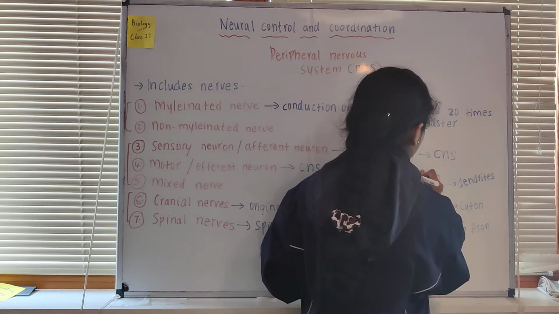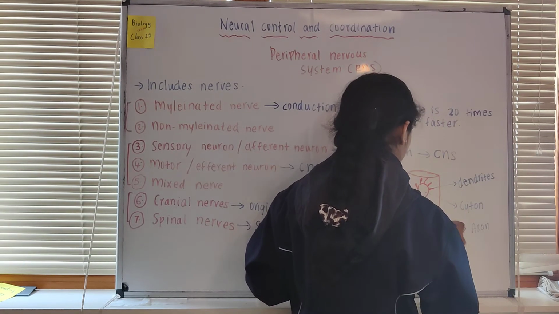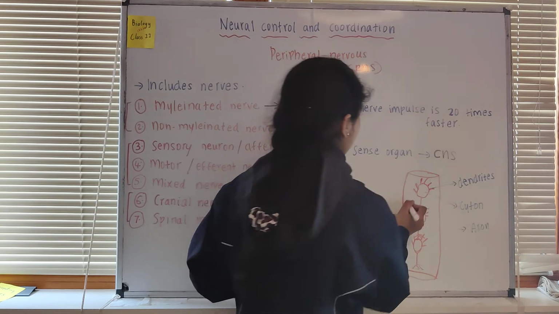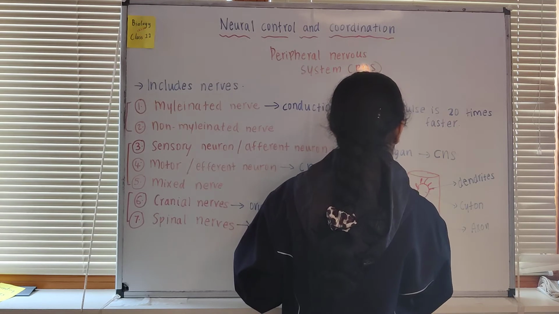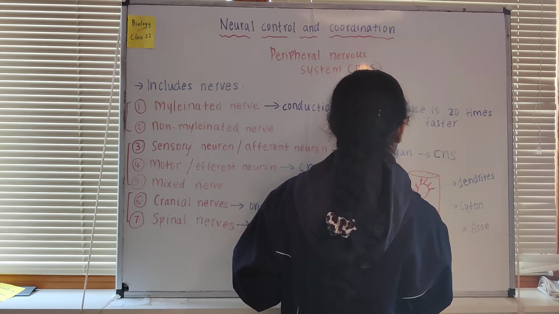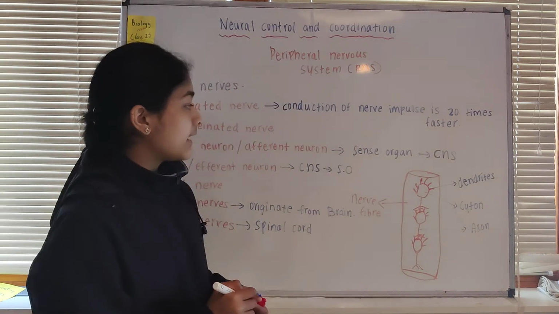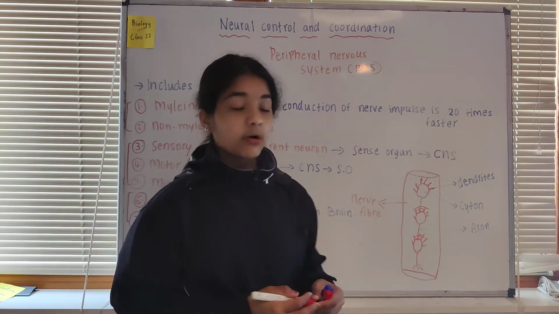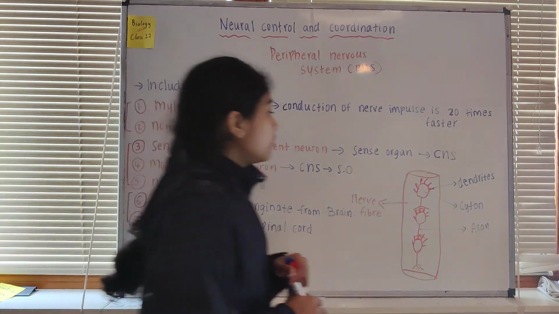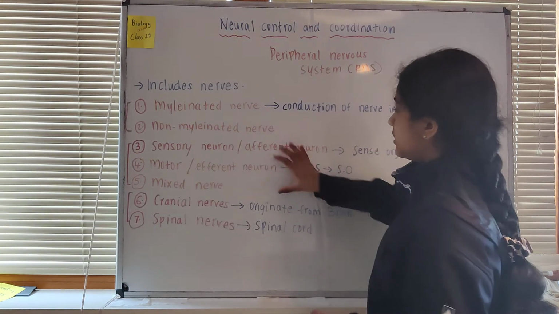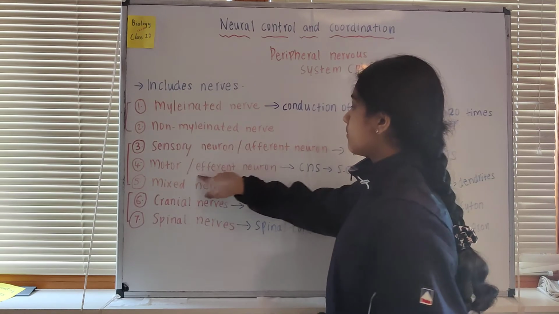Imagine this is a fiber, a nerve fiber. This is actually the nerve. So we can label here, this is what we call the nerve fiber. Nerve fiber is composed of these little neurons. Here we have labeled the dendrite, cyton, that is the cell body, and axon, and then we have labeled the nerve fiber. Now here we have talked about three different kinds of neurons, that is sensory neuron, motor neuron, and mixed neuron.